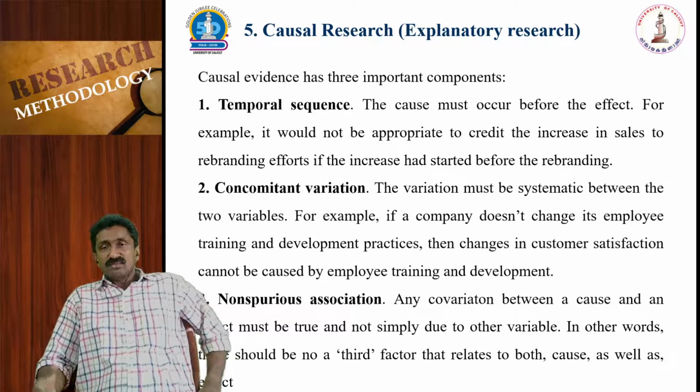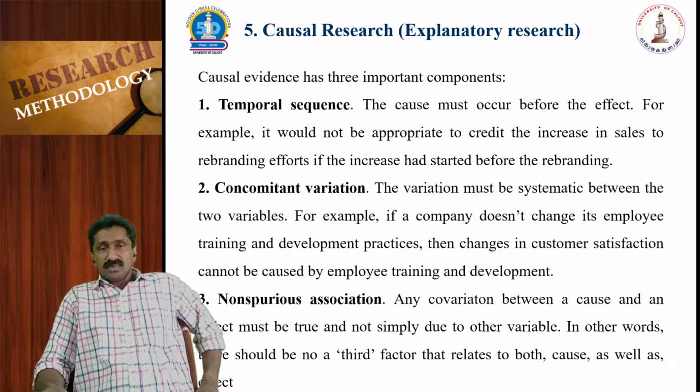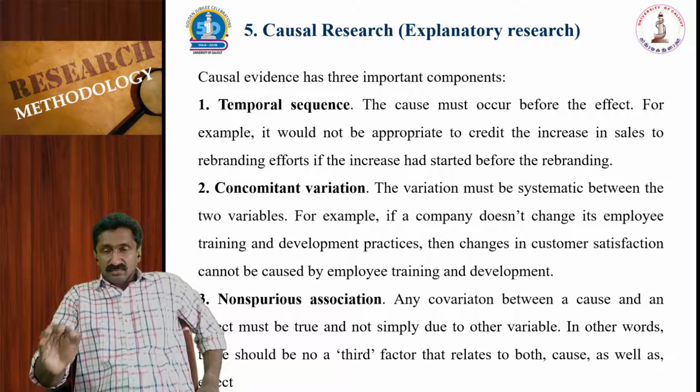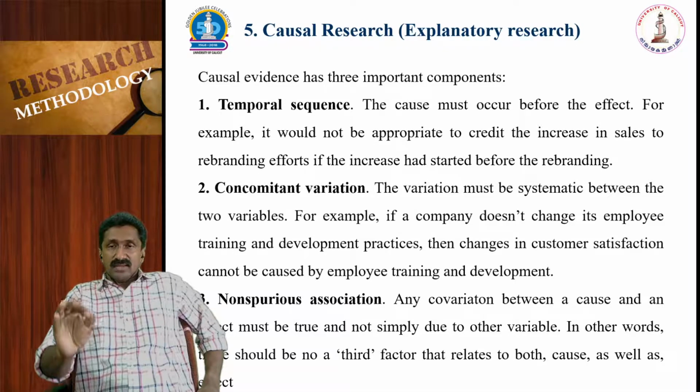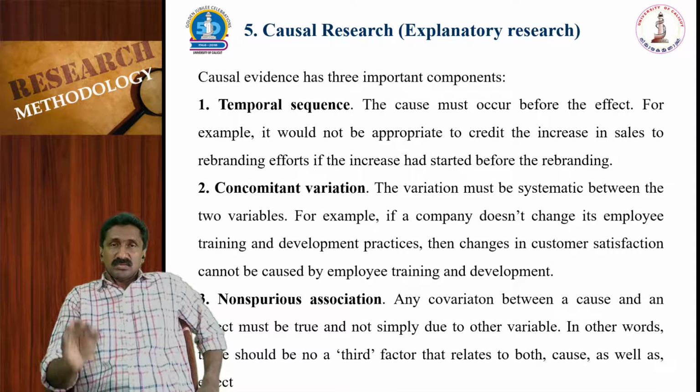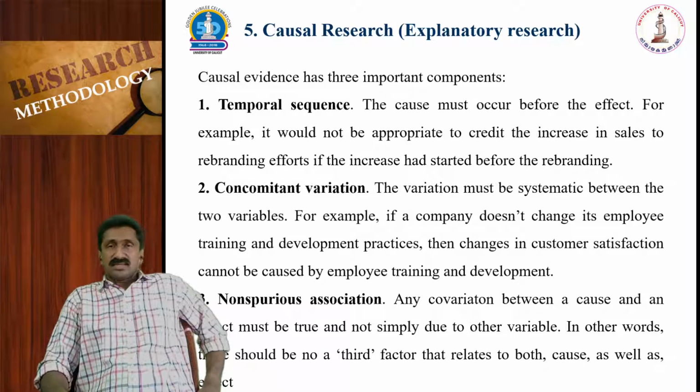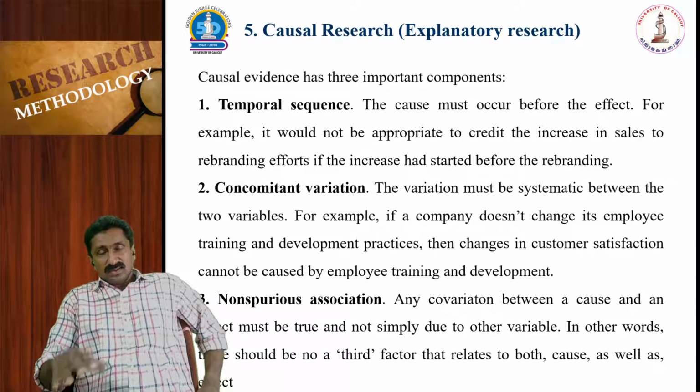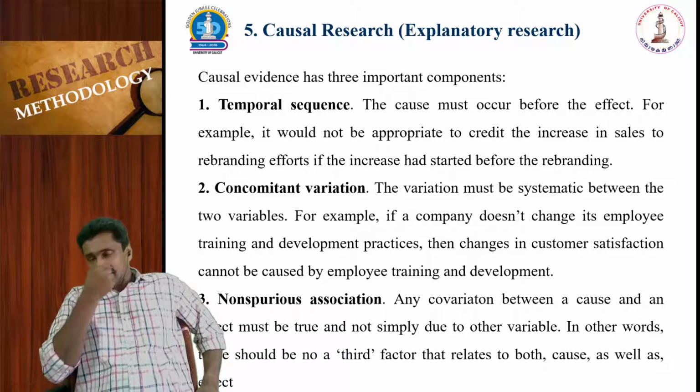So any covariation between the cause and effect must be true. So if A is affecting B, then it should be very clear, and A should be the only factor or the clear factor that is affecting B. So along with that, for example,